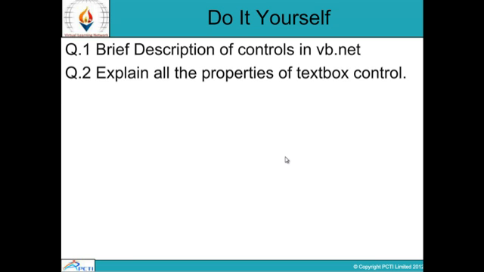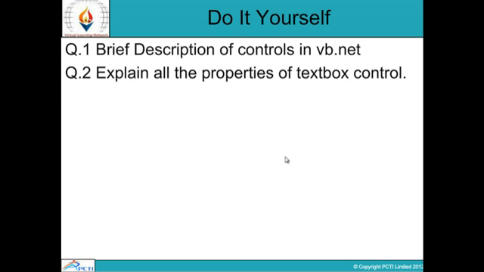Before we end this session, there is a do it yourself exercise for you. In the first question, you have to describe different controls of VB.NET. In the second question, you have to explain all the properties of the text box control, like what are the text box properties that can be changed at the user end and what are the default properties that you don't have to change.